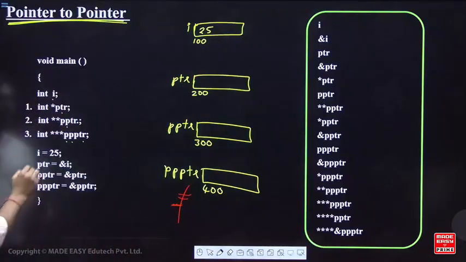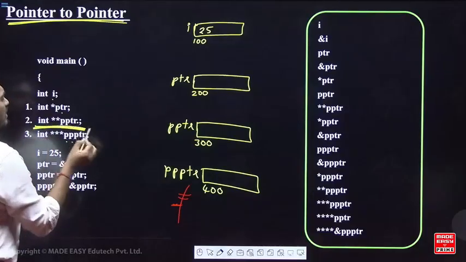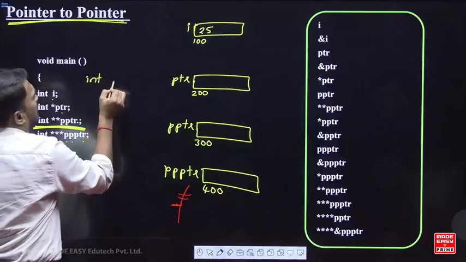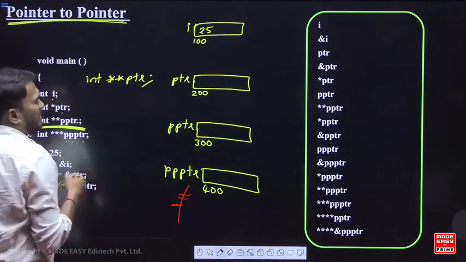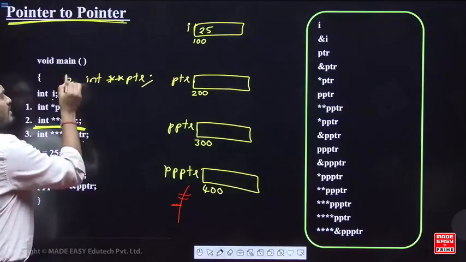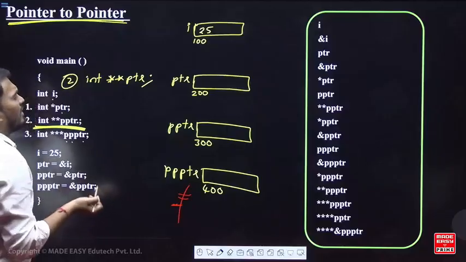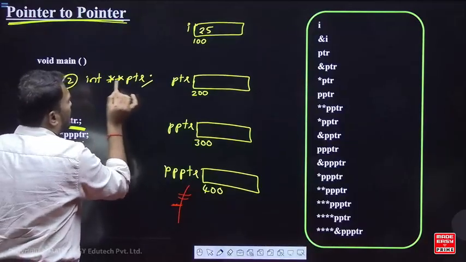Now understand here, what is this called as? Second line, I am explaining the second one. Integer star PTR. What is this called as? This is called a double pointer, or it is also called a pointer to pointer. So when you are having int double star PTR,